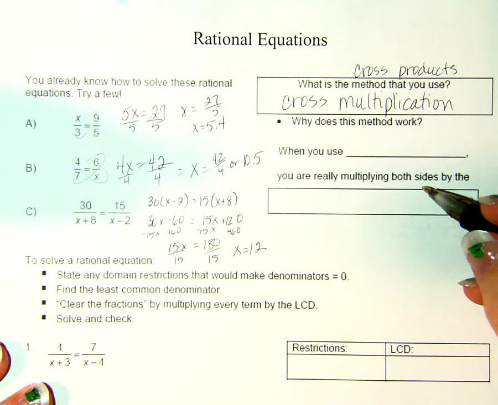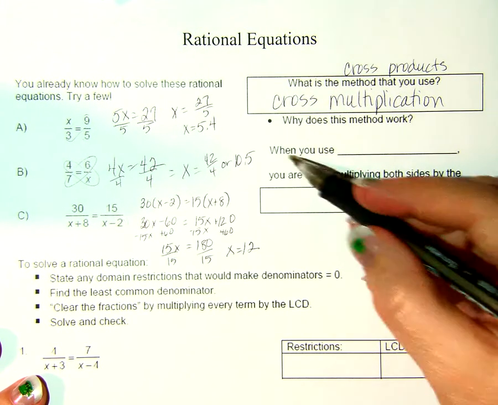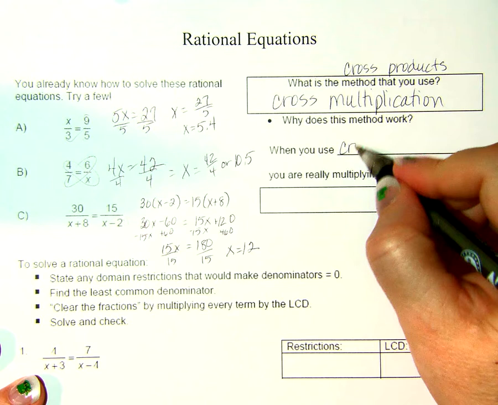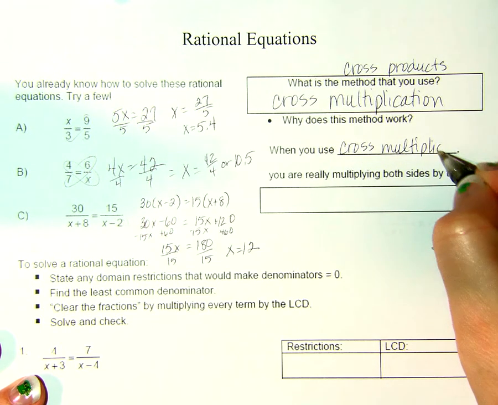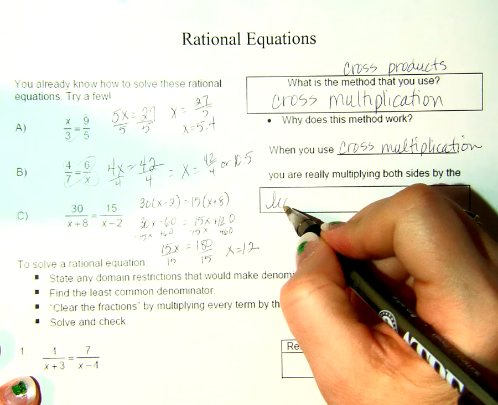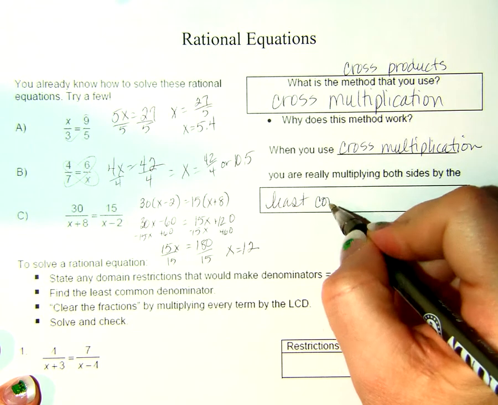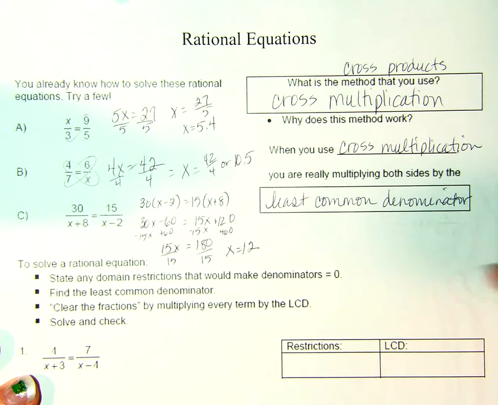Okay, let me show you, because this sentence actually tells you why it works. So when we use cross multiplication, you're really multiplying both sides by the least common denominator, which we most commonly call